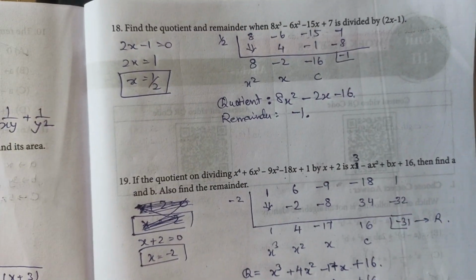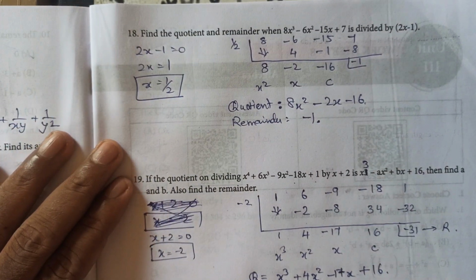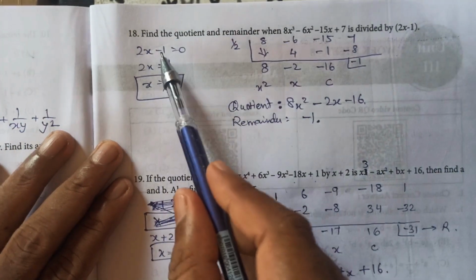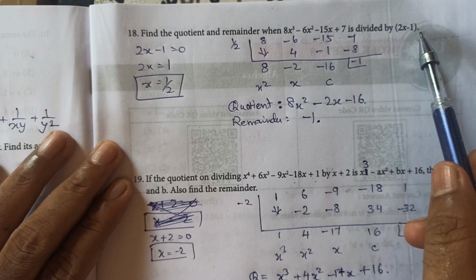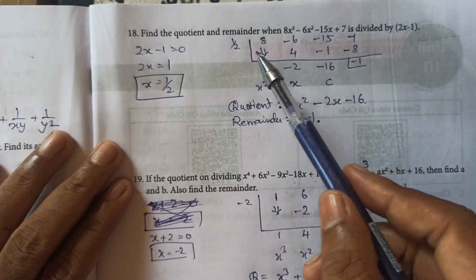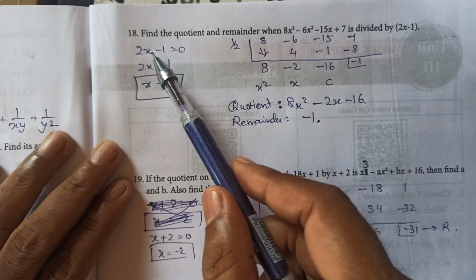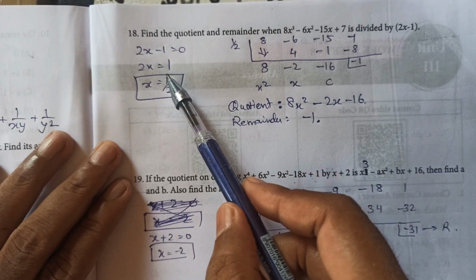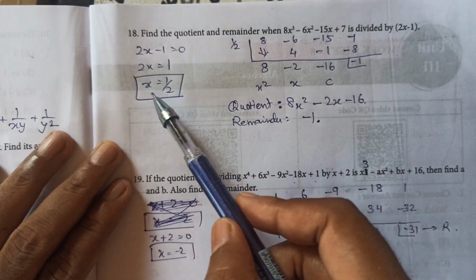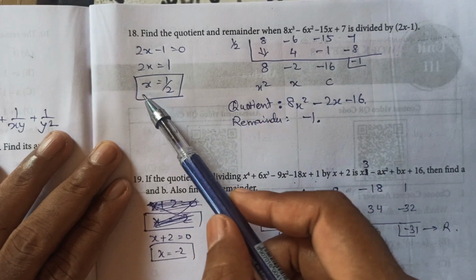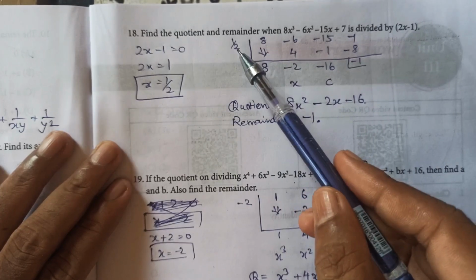Now we come to question number 18. There are only 3 questions left. Find the quotient and the remainder on division by 2x minus 1. So we follow the synthetic method because it is 2x minus 1. We make it equal to 0. Minus 1 goes to the other side of the equal to and becomes plus 1, and the 2 goes to the other side and becomes x equal to 1 by 2. Now by dividing with